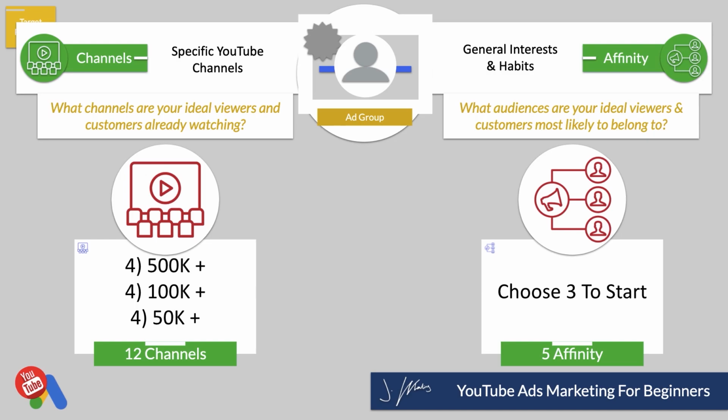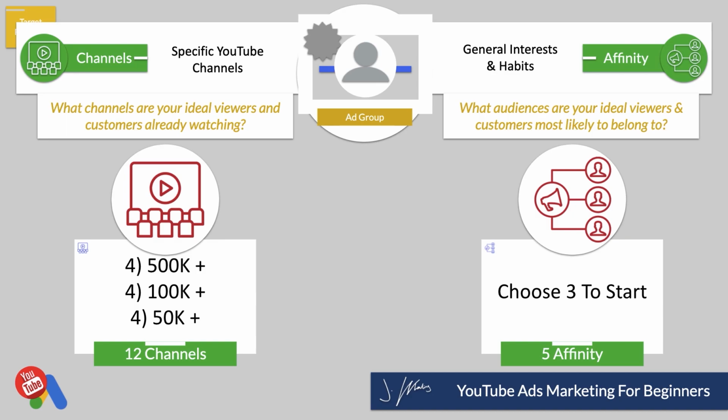Now, when it comes to affinity audiences, these are very, very broad. So you'll be lucky to find 5, and you'll sometimes even be lucky to find 3 that are relevant. When you're looking at affinity audiences, and we'll go through the whole list in a moment, just remember that you want to be very specific with these. If you're looking at an audience going, oh, well, maybe someone who likes my content or business would be a part of that audience, then don't do it, because they're very, very broad.